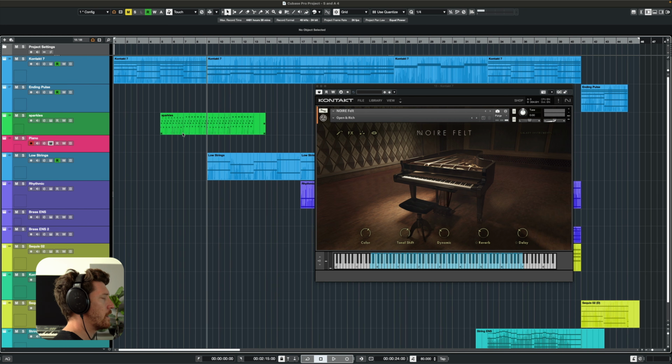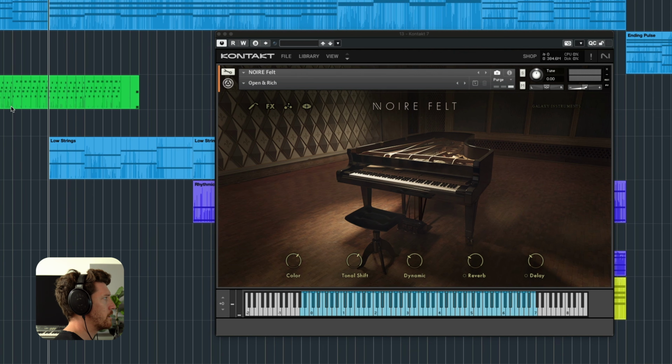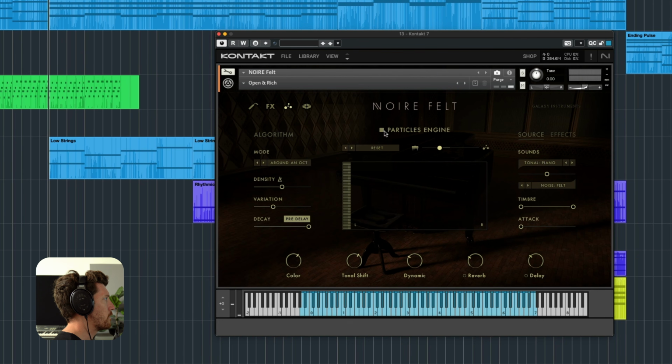Now, the next thing I want to add is a piano sound, and I loaded up one of my favorite pianos, Noir, and what really makes this instrument unique is this particles engine that essentially just creates this really unique kind of delay effect. So with Noir open, I'll just click this icon, and this is where the particle engine is. And this is where you can increase the amount of particles or just hear more of the original piano tone. So without it,